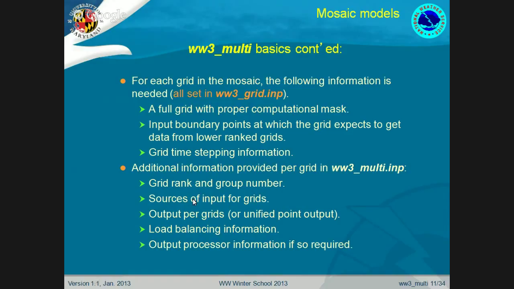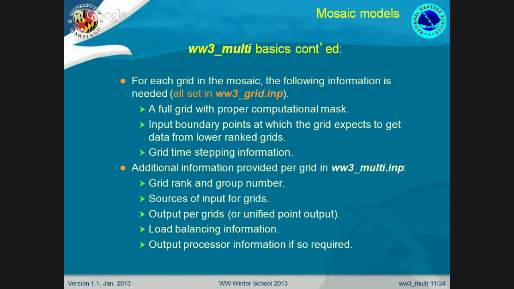Which grid is using which forcing? Say my global grid is going to use the GFS winds, and my Portugal grid is going to use a local WRF, for example. Then you need to tell it the output you want from each grid or from all the grids together. You could actually have different field output for different grids. I never use this, so I always have all the same fields like HS, TP, mean direction for all the grids. And something important for optimizing the CPU time,